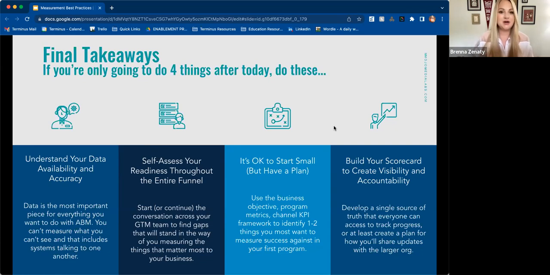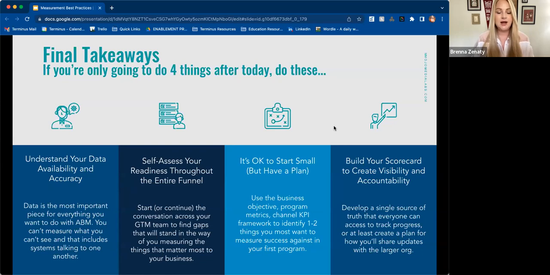And you really can't measure anything without data, right? So first and foremost, also understanding your own readiness and doing that self-assessment exercise throughout your entire funnel to really understand where there are gaps or where there are strengths, and really what can you optimize, what you can work towards to scale and get to that next level or run those programs that really matter most to